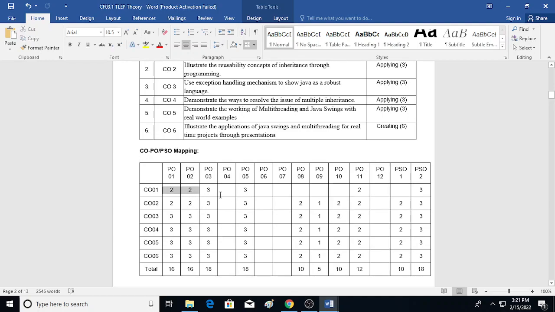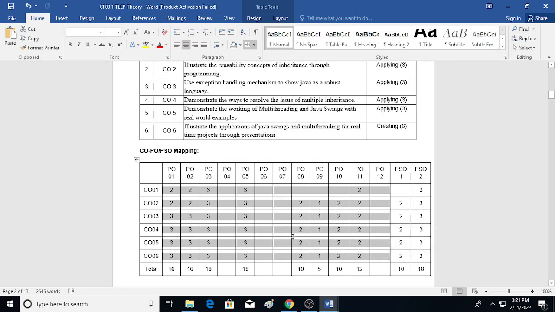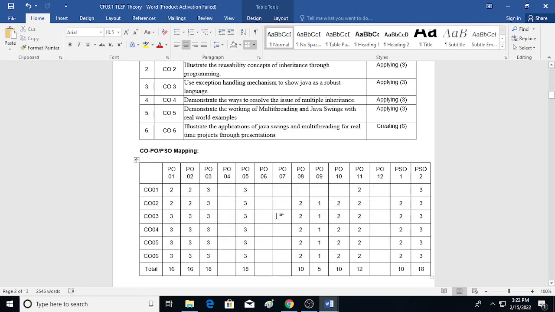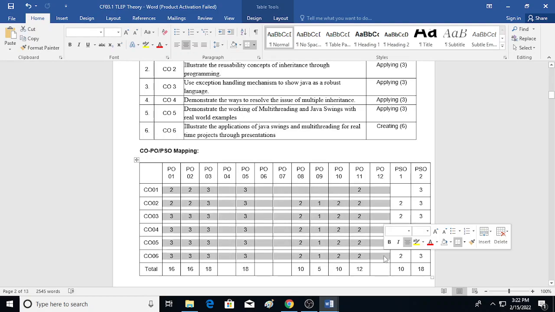Keep this in mind: these are highly changeable and highly arguable. If you give the same COs to 10 different faculty members who have taught Java in 10 different institutes, they might design the CO-PO mapping completely different. That's possible. So we require a comprehensive discussion over different meetings to finalize this CO-PO mapping. This is not a finalized one, just to show you how it maps.